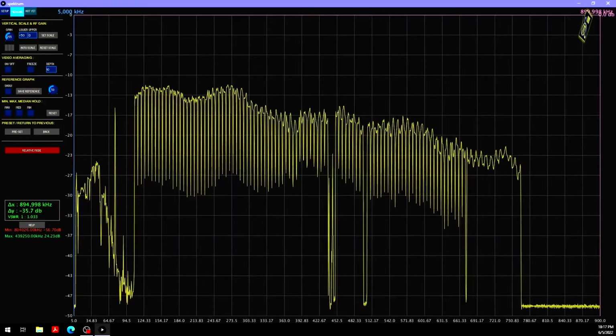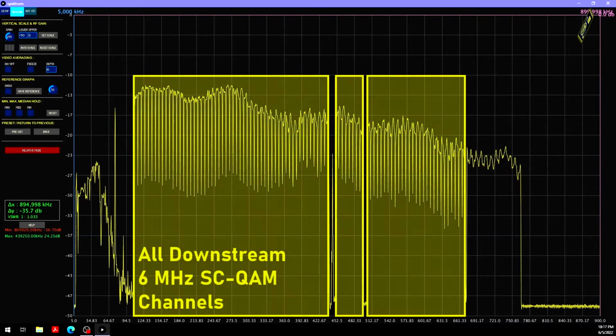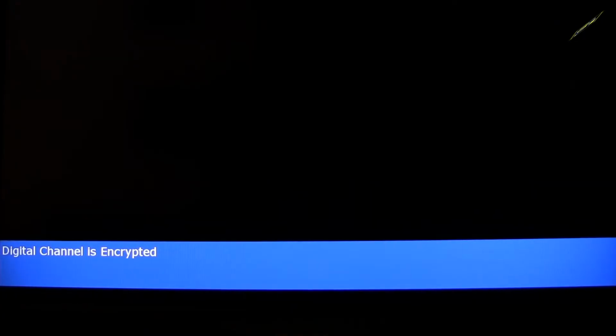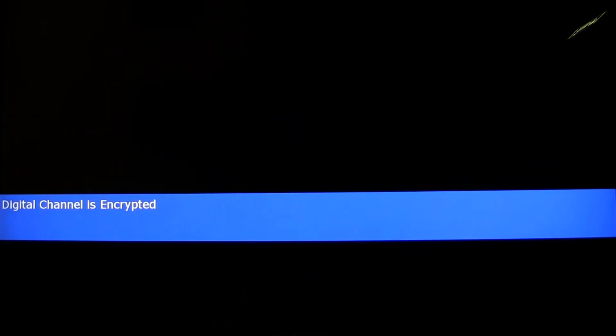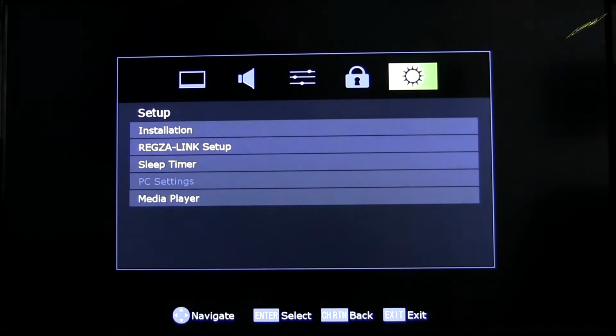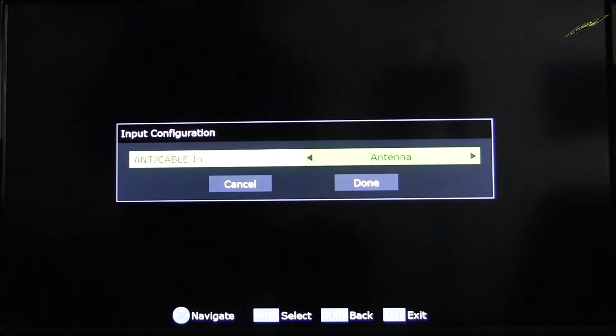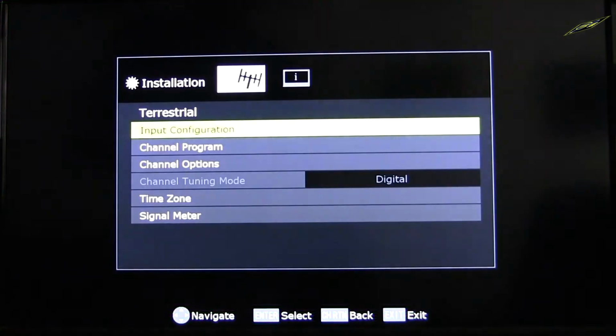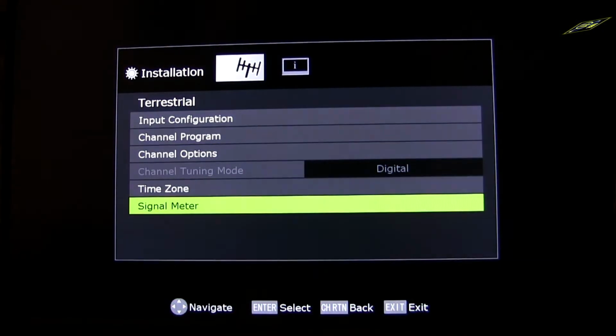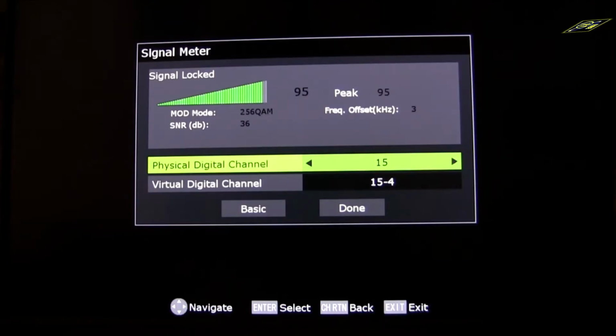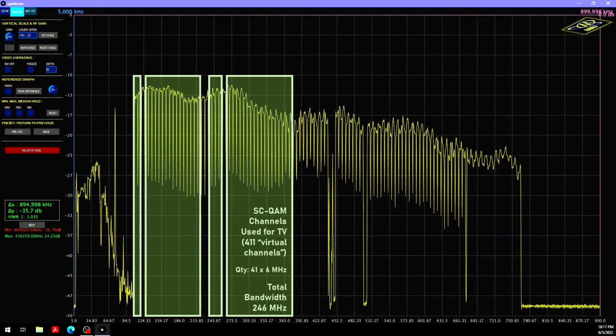So from the spectrum, we can't really tell what each of these single carrier QAM downstream channels is used for. However, I was able to use my TV set and my cable modem's diagnostics webpage to identify most of them. Although I can't watch the TV channels, at least without hacking them, because I'm not a subscriber, when I put it in cable mode and connected it to my Comcast line, my TV signal meter was able to identify which single carrier QAM channels were actually being used for TV.